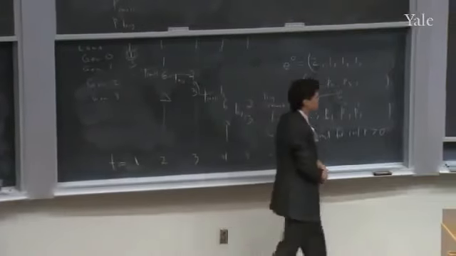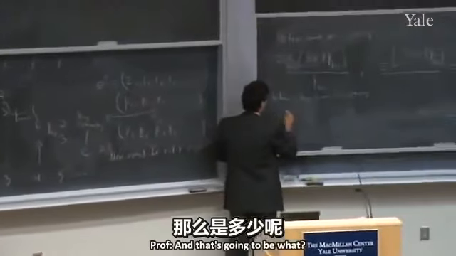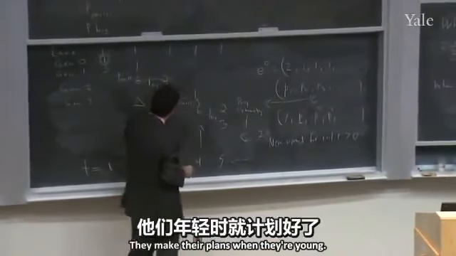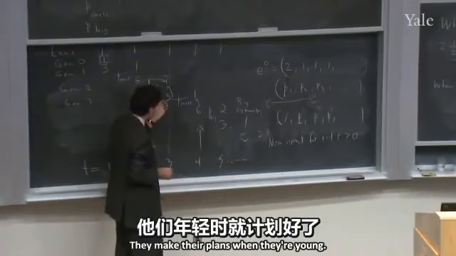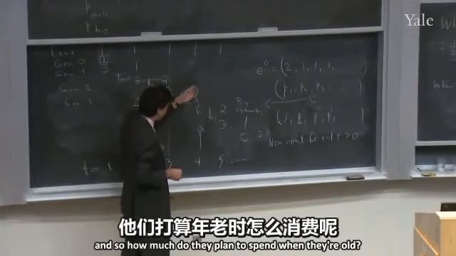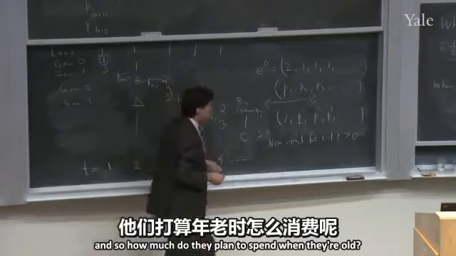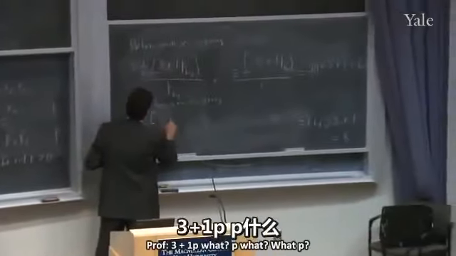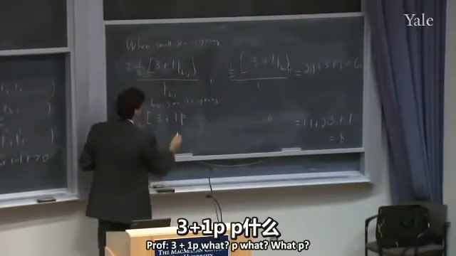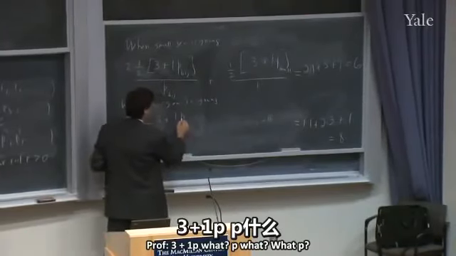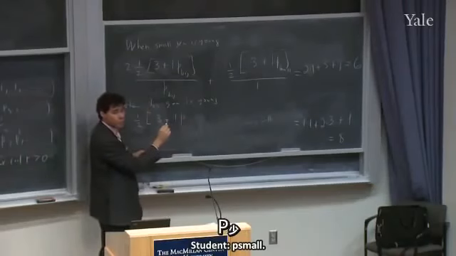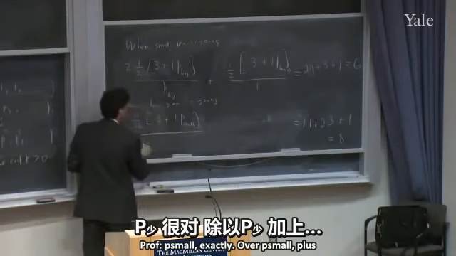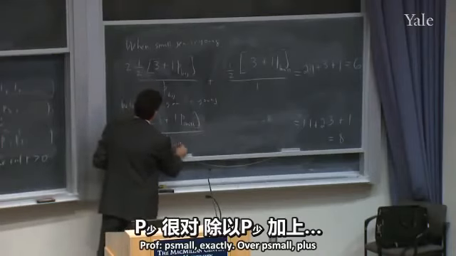They're going to spend all the resources they have. And that's going to be what? They're planning to spend when they're old. Okay, we're doing this one. They make their plans when they're young. They anticipate what the prices are going to be, and so how much do they plan to spend when they're old? 3 plus 1, P what? P small, exactly. Over P small plus,